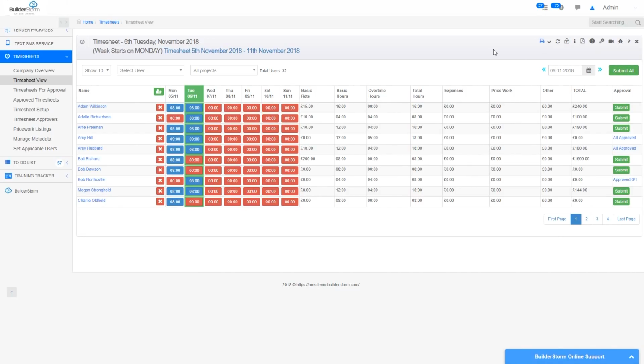To change the date of the timesheets that will be shown in the listing, you can choose a specific date from the date picker here, or you can use the respective arrows to load the previous week's timesheets or the next week's timesheets. And now, as you can see here, the timesheets are clearly displayed on the page as follows: